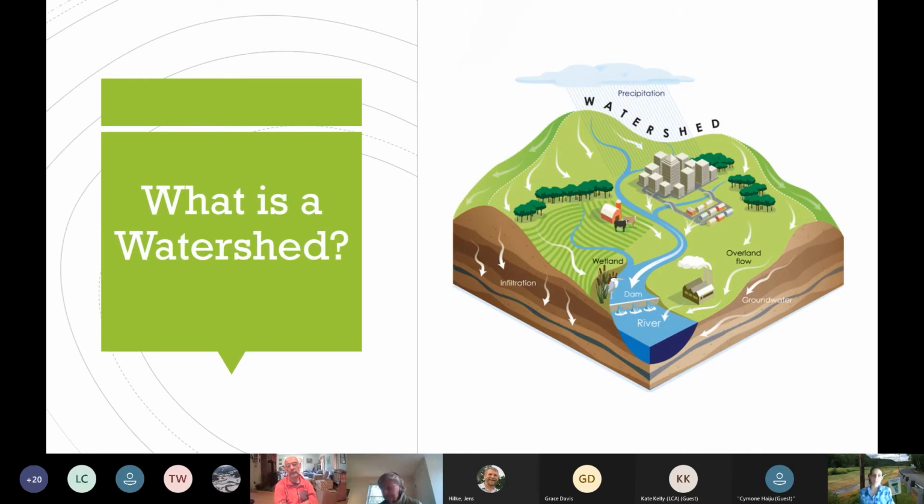Some of you may be new to watershed concepts. Some of you, this may be old hat, but a watershed is an area of land that's drained by a river and its tributaries. We use the terms watershed and drainage basin or basin interchangeably, but more accurately, the watershed is the boundary of the drainage basin. For example, the surface area of a bathtub that flows into the drain is the basin, and the edge of the bathtub is the watershed boundary.